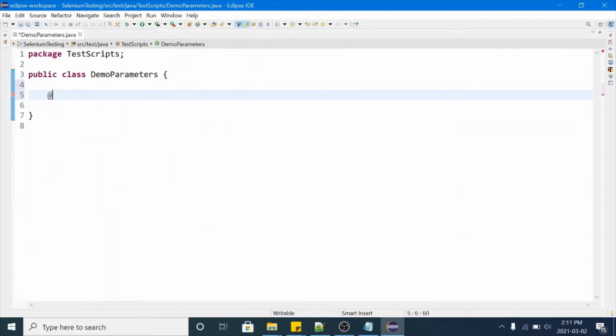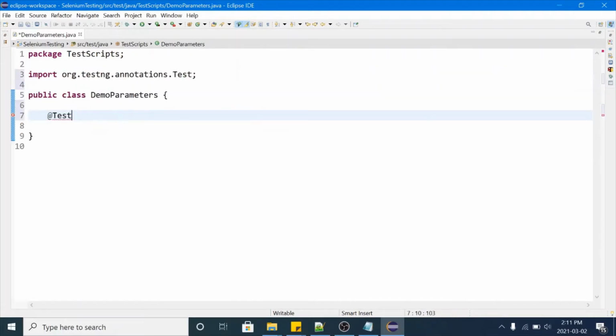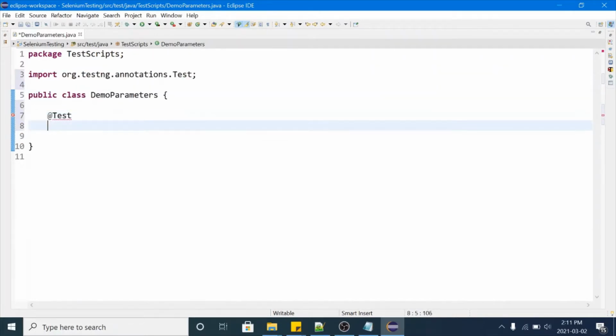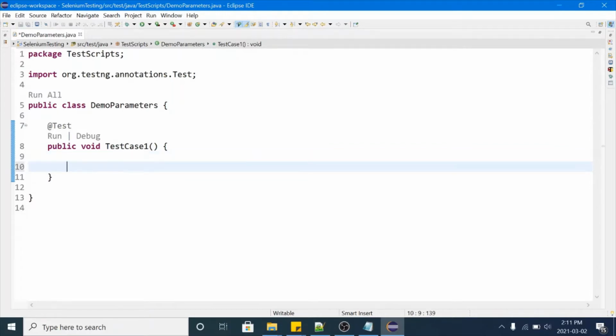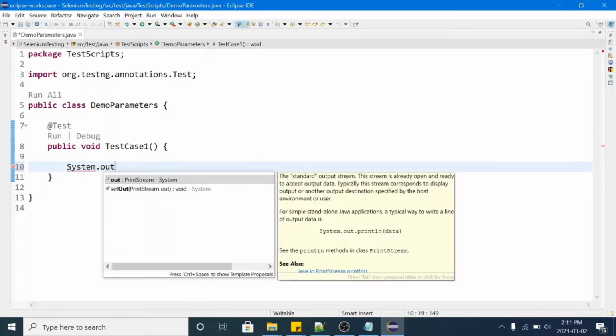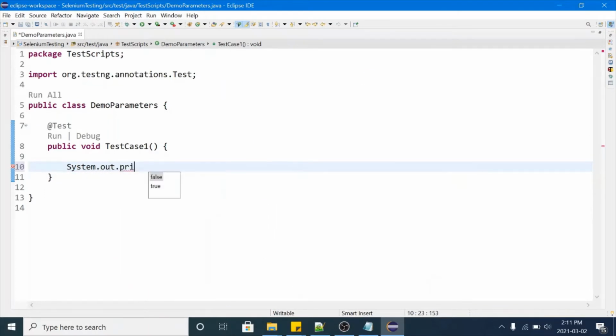So in Eclipse Selenium, we will use this test annotation to create test case here. Okay, so we'll name it public void test case 1. Okay, this is simple test case, and we will write one simple console statement here. Okay, this will print this log on console. Okay, test case 1 method.